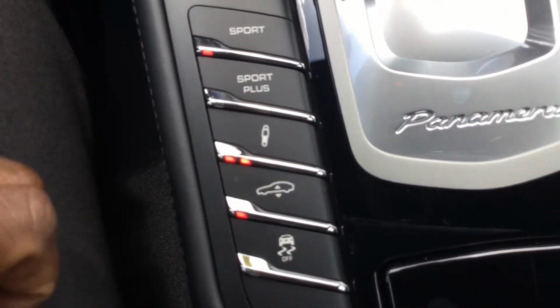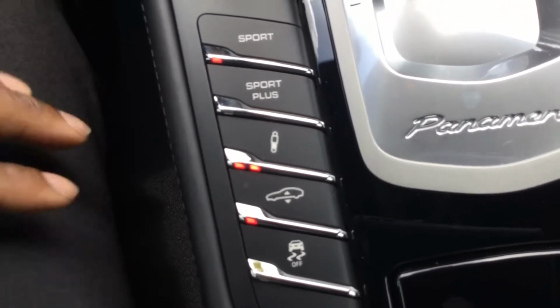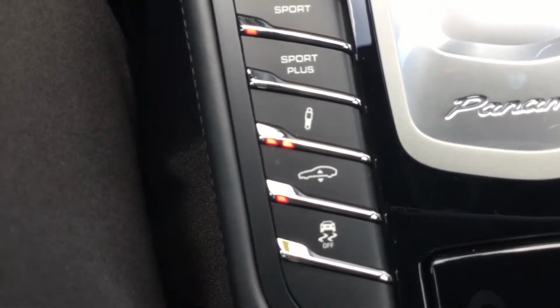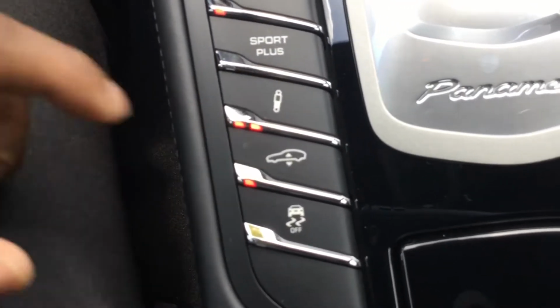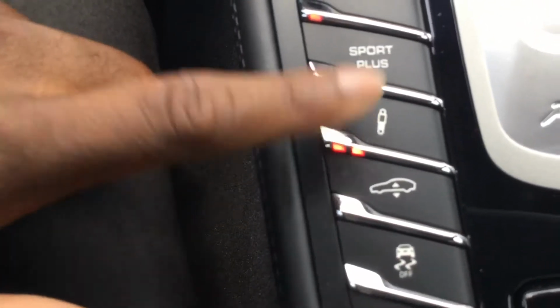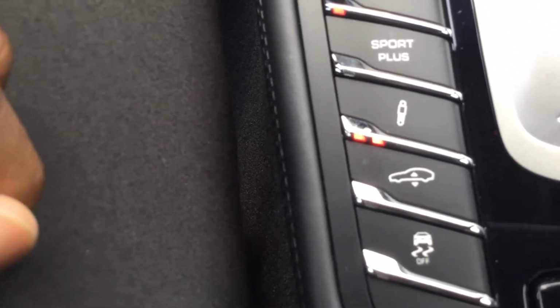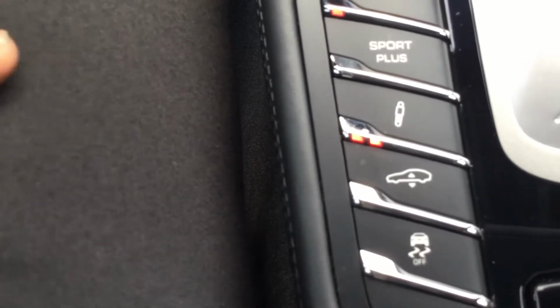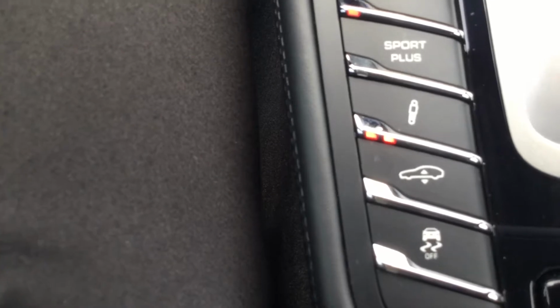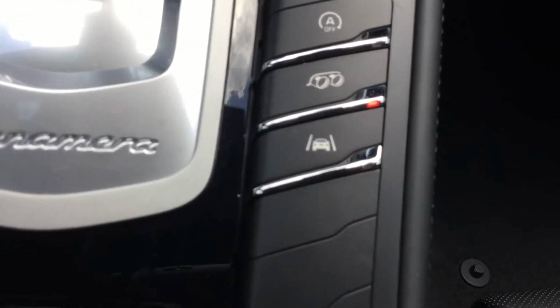Here's the button for your suspension, so you can lower and raise the car. When the light is off, that means that it's in the low setting already. Seeing as I just hit it, now it's in the high setting, so hit it again and put it back to the low setting. This is the PASM, so you can switch the suspension to a normal, sport, and then sport plus setting, which is going to change the ride more for performance driving. You have the sport exhaust,